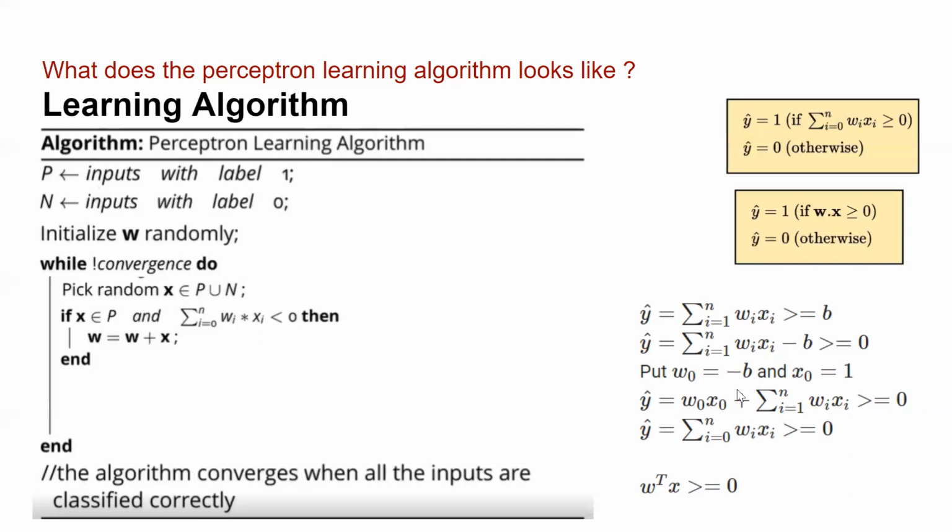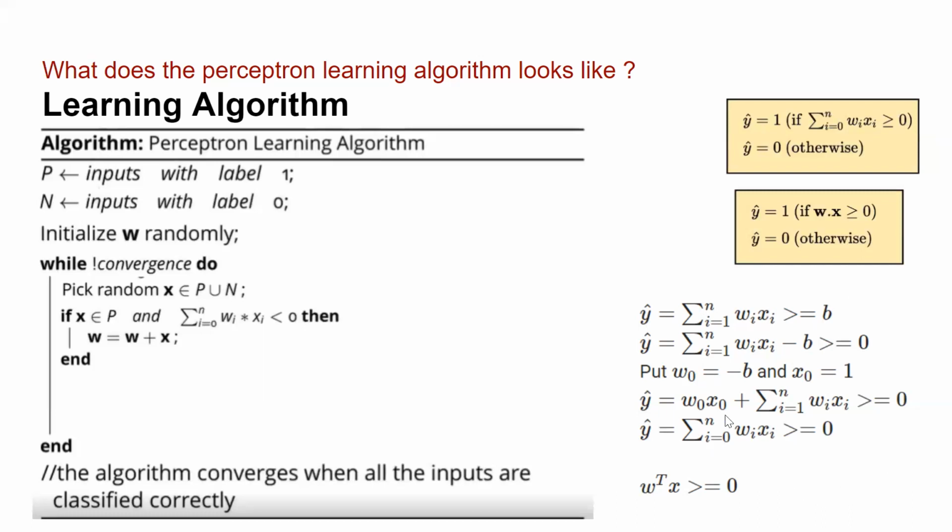Yes. Awesome. Now, from this, can I make another adjustment? Initially, my index was varying from 1 to n, but since now I have W0 and X0 in my expression, I can make this adjustment: i is equal to 0 to n. So this adjustment is clear to you now. Instead of saying this, I can say this also is correct, right?